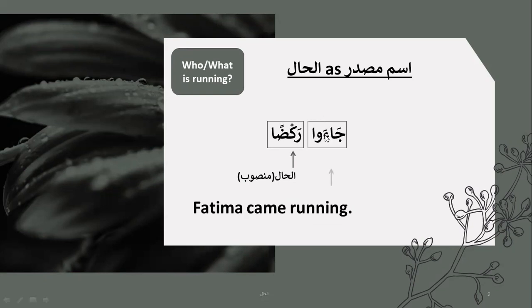Now one thing which is different, now this is your sahibul hal, which is the inside fa'il hum, that they are not matching, at least not in number. Gender, yes, they are maybe, but also with gender, I just want to remind you that masdar cannot be made feminine. Even if the masdar is with ta marbuta, it will stay with ta marbuta. You cannot make it masculine. If this is rakdan, you cannot make it rakdatan. So masdars cannot change their gender. They stay the way they are. Even if there was an inside fa'il, let's say ja'at, let's say it was Fatima, you would not say rakdatan. It will not match in gender, and certainly over here it's not matching in number.